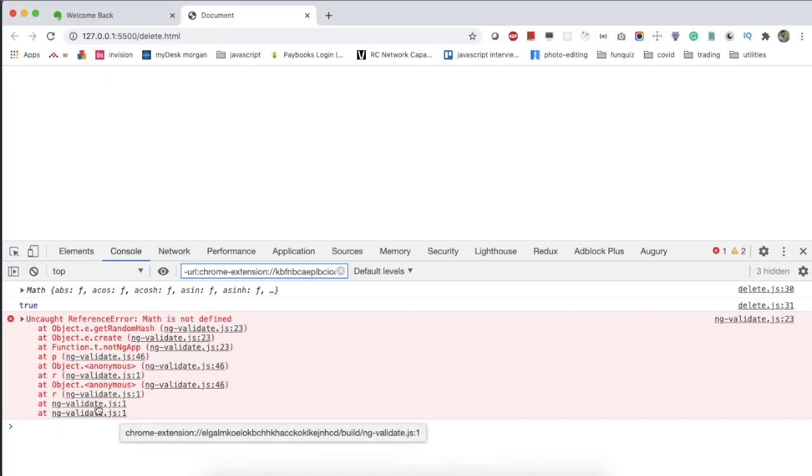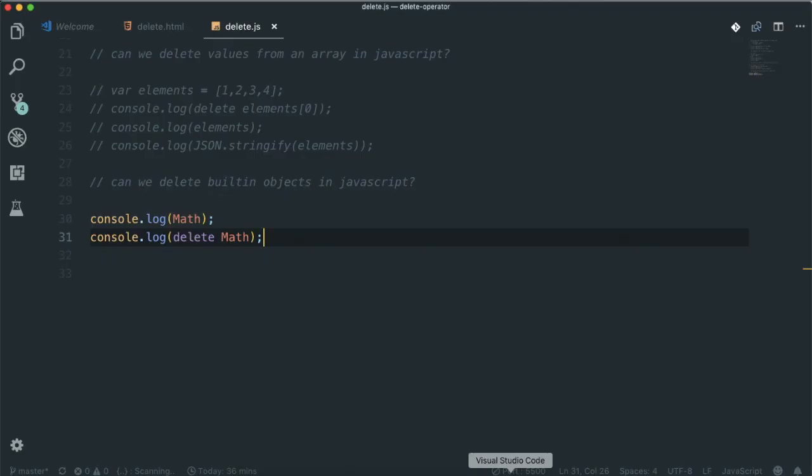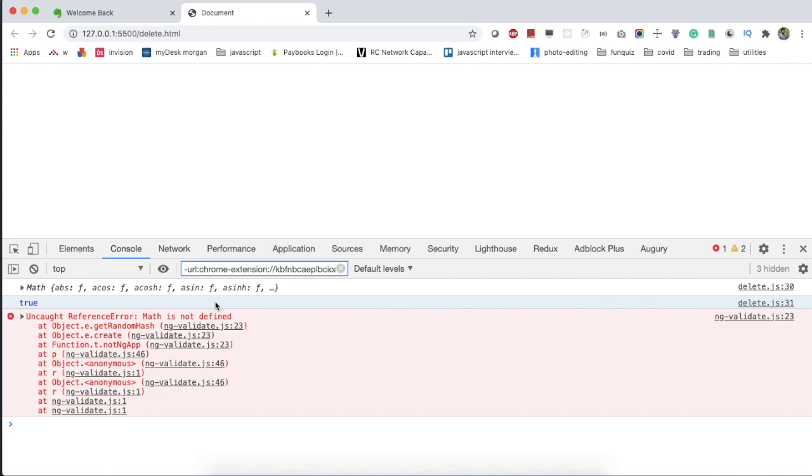It can delete the property, but then math is not defined, because by using the delete operator you can delete the math object from the window object. But deleting built-in objects like math, date, window in JavaScript is completely unsafe and it can crash your entire application. So don't delete any built-in objects in JavaScript. That can crash your entire application.